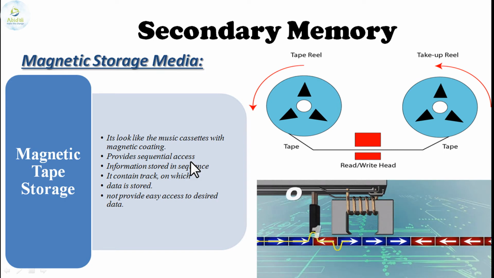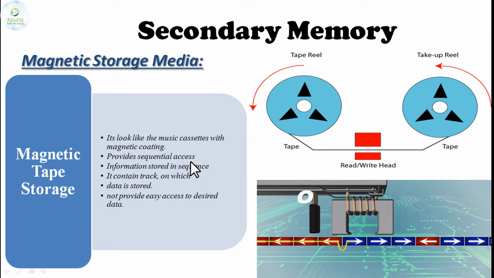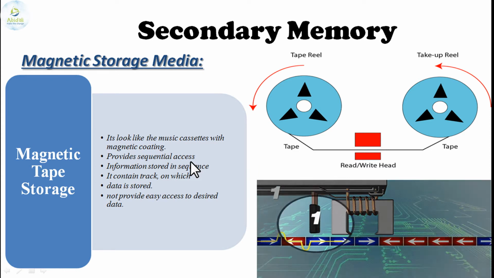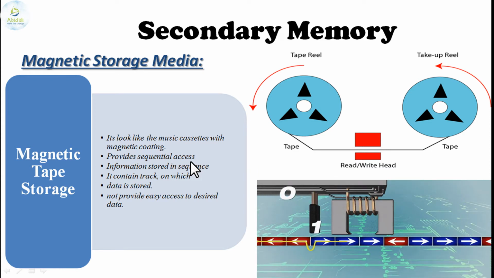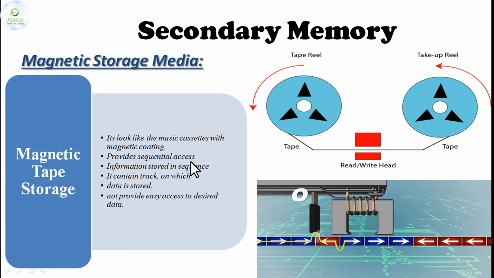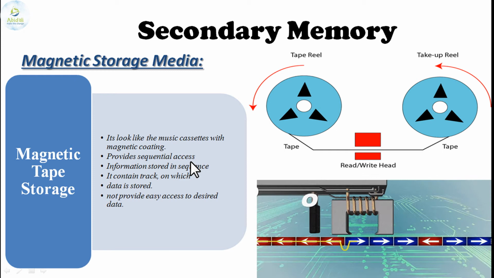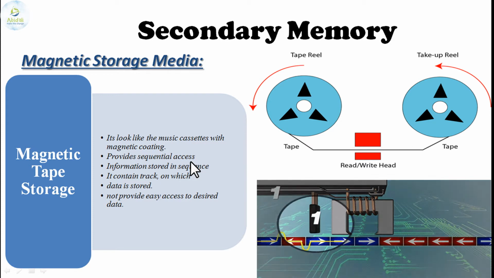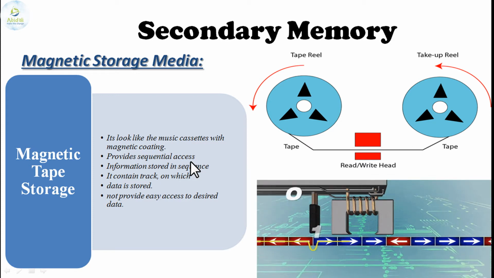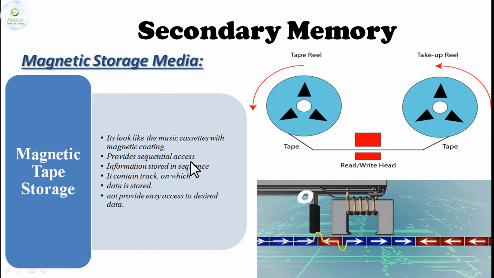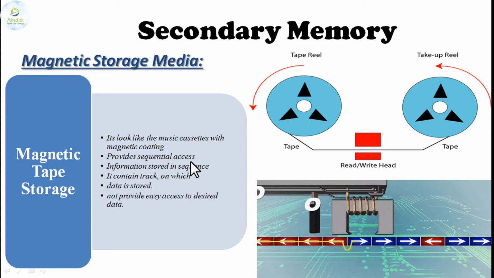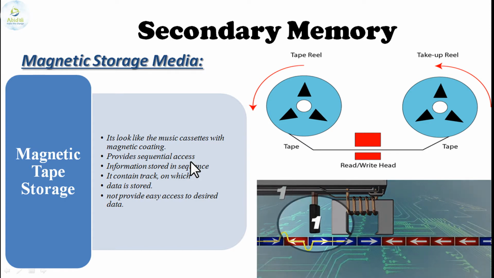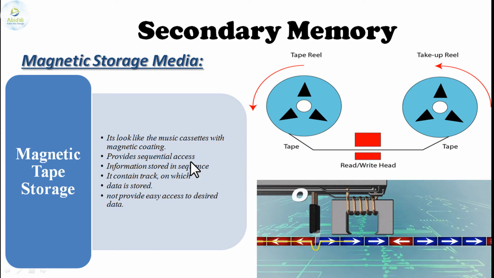Considering the best example of sequential and random access: before MP3 CDs were invented, we were using tape recorders. In the tape recorders, we need to put in the stereo cassette. That stereo cassette allows us to access only one song at a time. I cannot jump to another song. If I want to jump, I need to fast forward the song. In that way, I can jump from one place to another, not directly, but one after another.